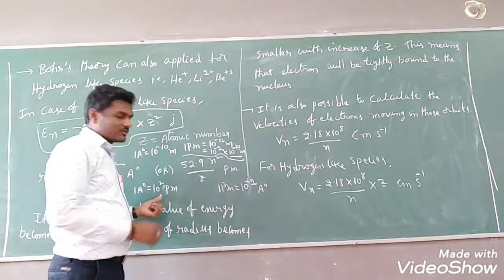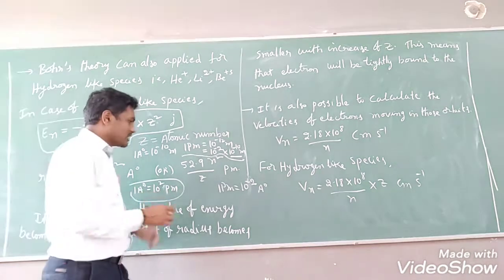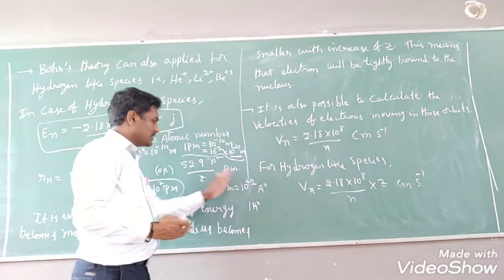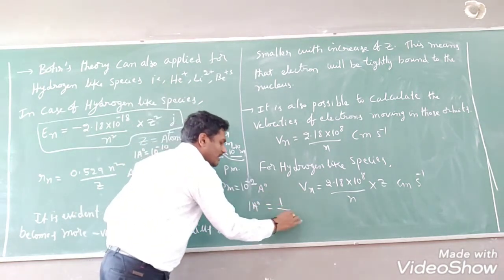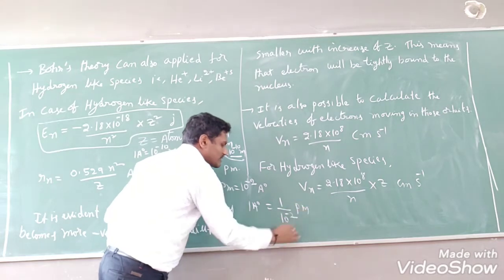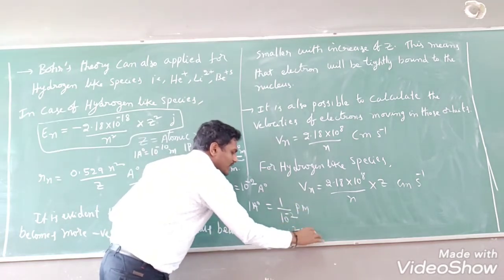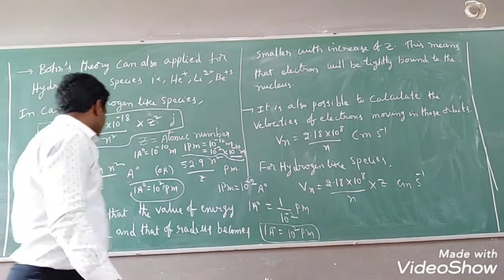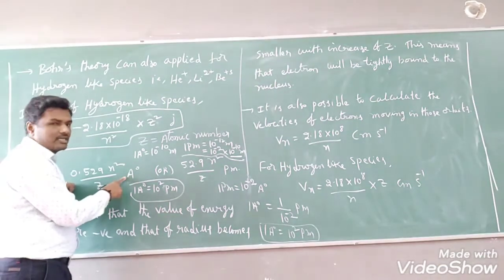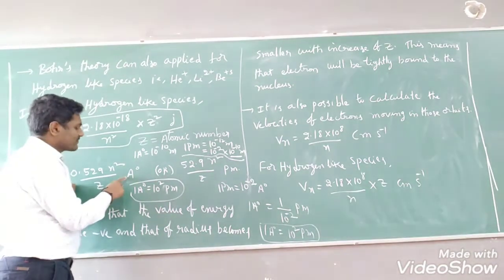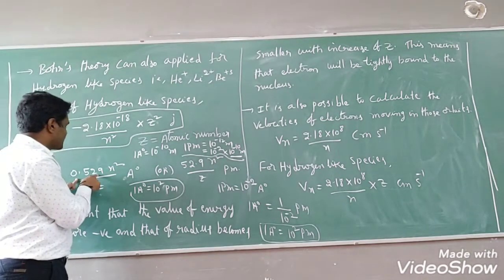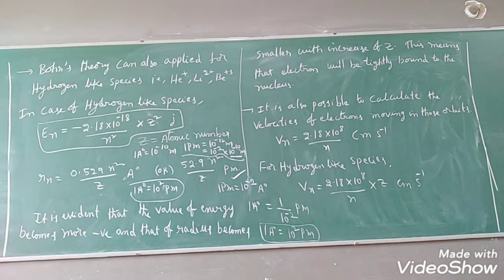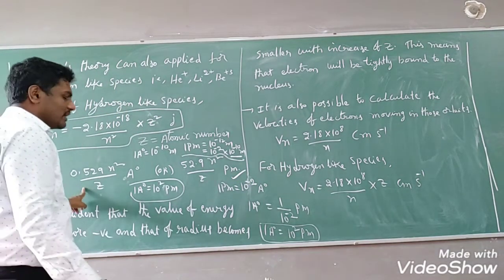1 angstrom unit is equal to 10 square picometers, students. How is it? Then 1 angstrom unit you can put as it is like this. 10 power minus 2 you can send to this side. You will get in denominator 10 power minus 2 picometers. So if we send it to the numerator, it becomes what? 10 square picometers. So 1 angstrom unit equals how many picometers? 10 square picometers. Now you apply here in the place of angstrom unit. Just take 10 square. 10 square means 100 only. 100 you multiply with this 52.9 over here. 52.9 into n square by z picometers. We can write instead of this.